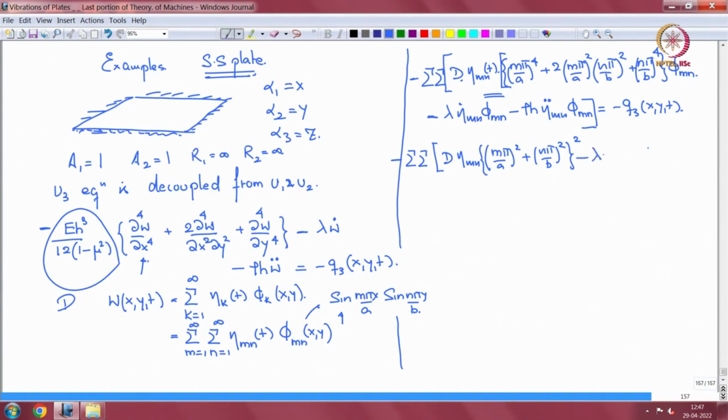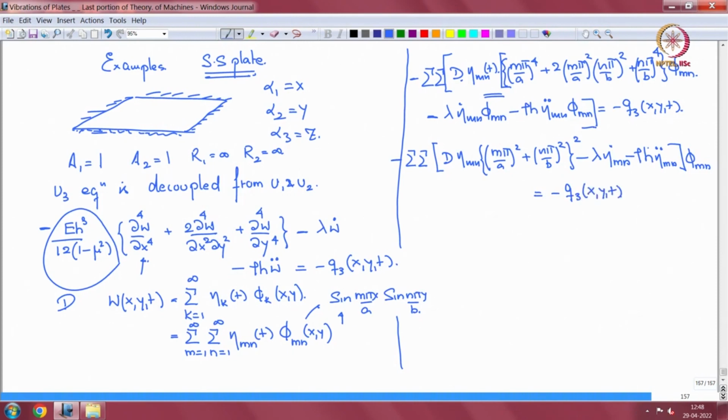Minus lambda eta mn dot minus rho h eta mn double dot, into phi mn